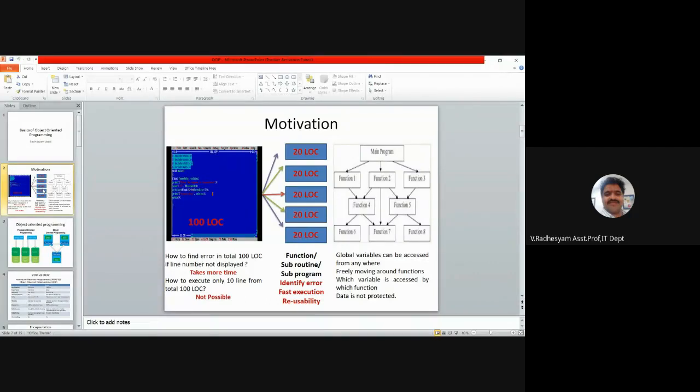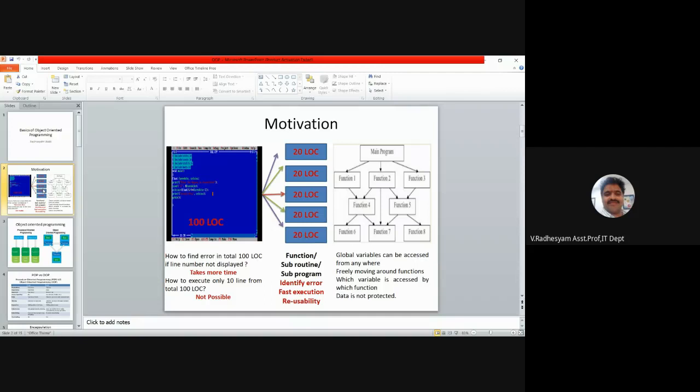A program may have any number of functions. Some are predefined functions, some are user-defined functions. And you see in the picture, there is no proper connection between the main program and the functions.